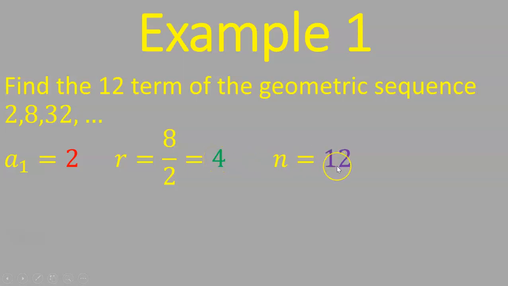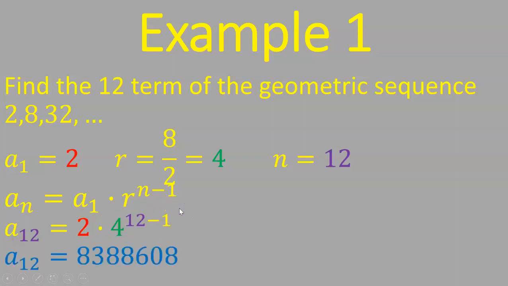n will always be, if they need it, they're going to tell you what n is. It specifically wants the 12th term. Here's the formula again. I'm simply going to load that formula so you can see the 12th term is in the n position. A sub 1 is 2, that's the first term, and R is 4, that's the common ratio. And then you just compute it. Okay, so this is your answer,